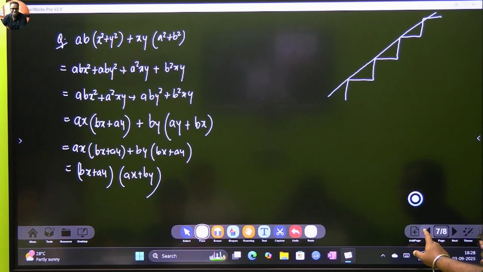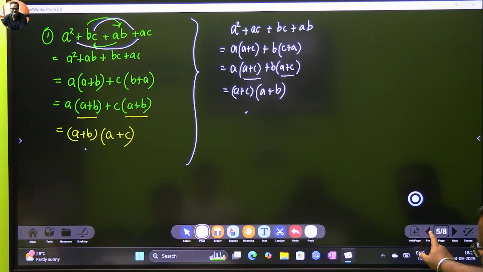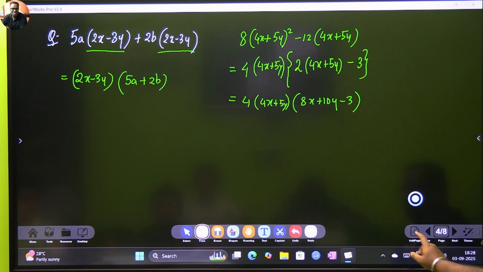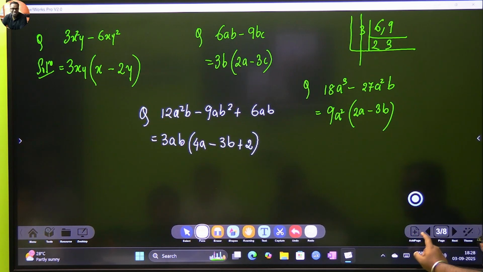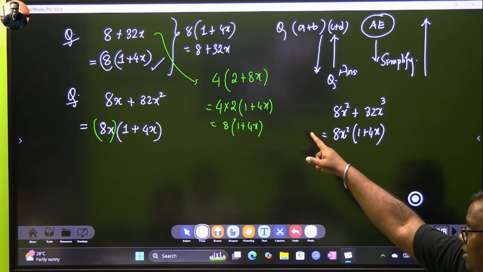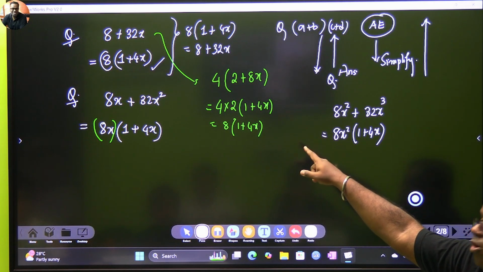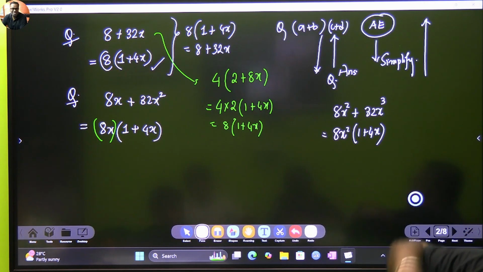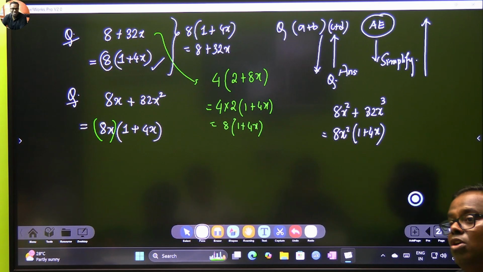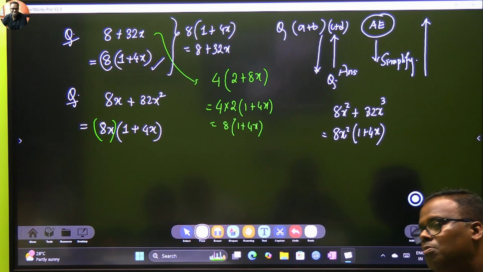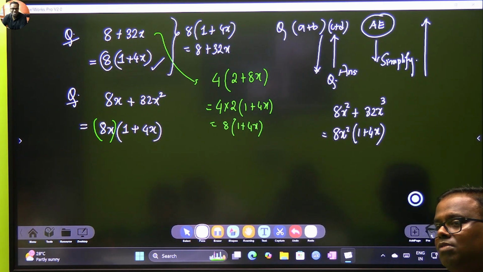Wait. Sarvesh, hold it. Don't tell anything right now. I'll show him. You have done your problem like this one. 4 into 2x plus 8y. But between 2 and 8, there is still a common factor. You have 6 and 9 inside. Between 6 and 9, there is a common factor 3. If the 3 comes out, it becomes 12. But this answer will be marked wrong, because you have not taken the complete factorization.